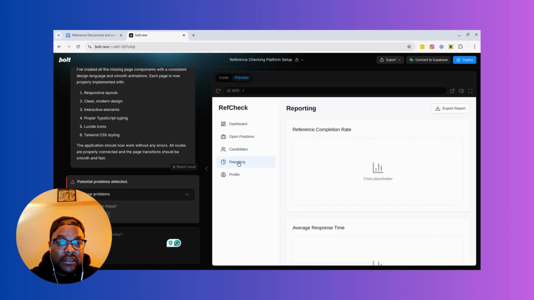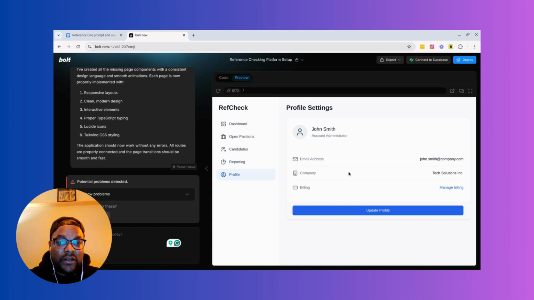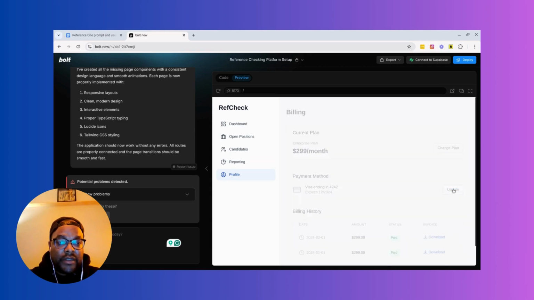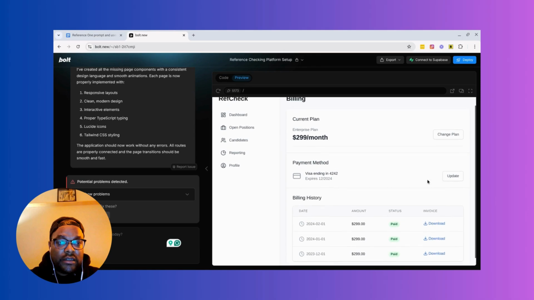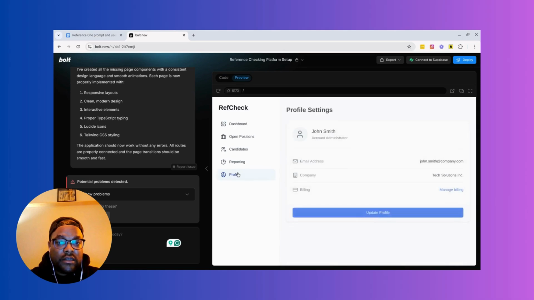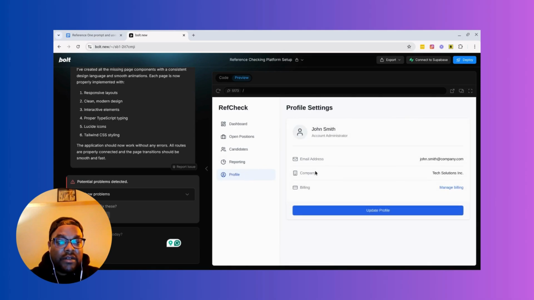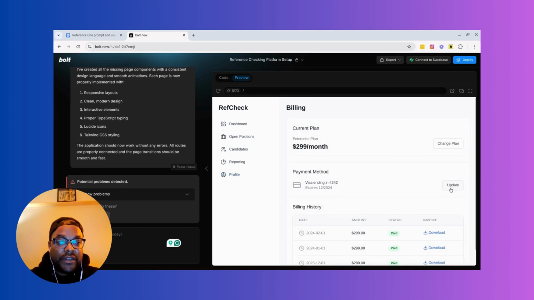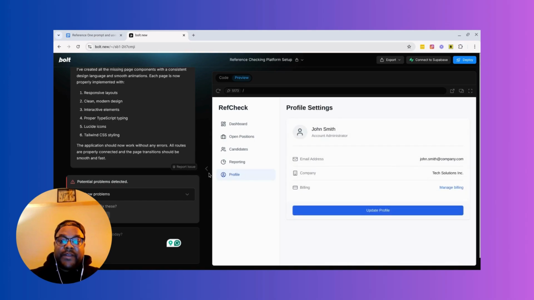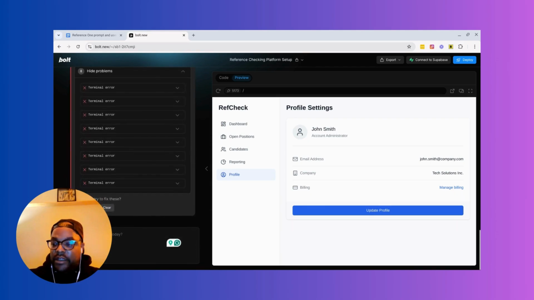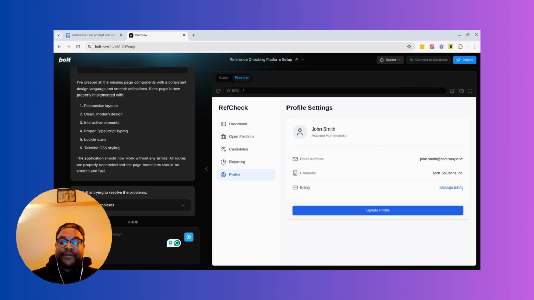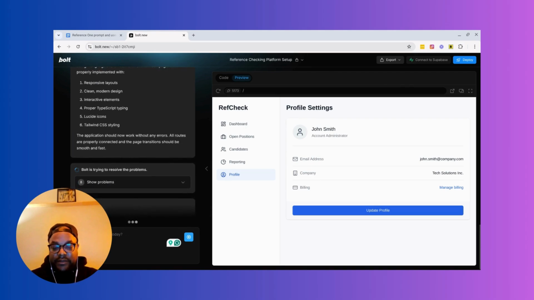Okay. See, obviously that's not gonna look anything like that. And then a profile, and then manage billing. Okay, so first things first, I'm gonna make billing a sub menu. That's a pretty obvious thing. But first, these all have issues, so I'm gonna go ahead and try to resolve these real quick.